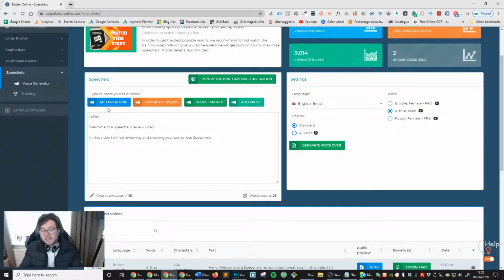So the fact that you can actually add breathing into this just by clicking the area you want and then clicking add breathing, boom, you've now got breathing, and you can add that in as many times as you want. Or if you really want to emphasize something, so for example, I want to emphasize how to, and I'd highlight it, and boom, there you go. So the emphasis starts at how to and it ends after to, and then boom, it goes back to normal. And if you want to add a pause, hello, add pause, how many seconds you want to add that pause,